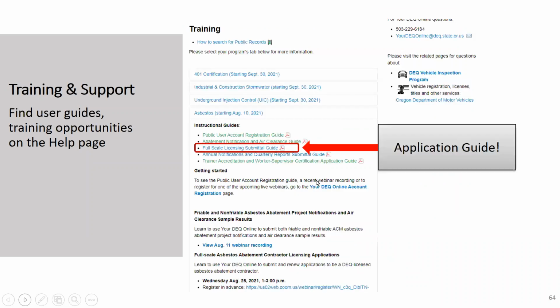One of them is the application guide that I mentioned at the beginning, which pretty closely mimics a lot of the screenshots, information and instructions that we discussed during this training. That is available to you whenever you need it in the future. There are also other instruction guides for other submittals for the asbestos program, and other trainings that we've already provided and recorded. They are also available on the website to view.